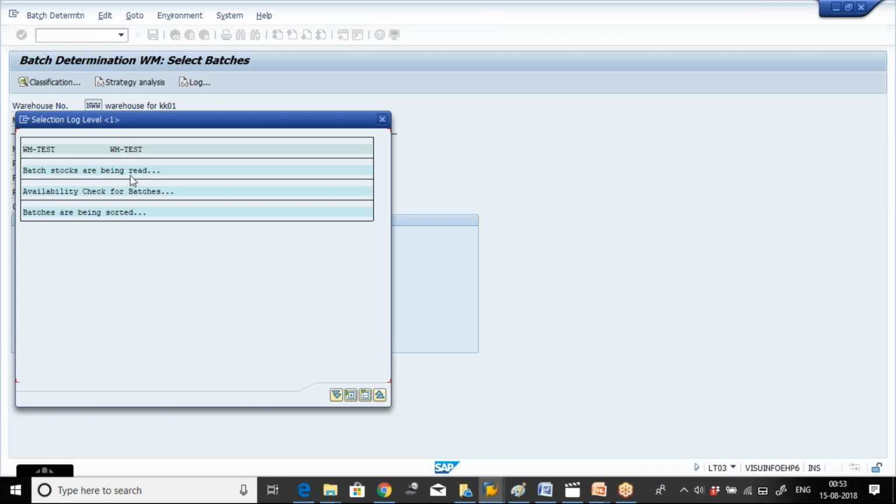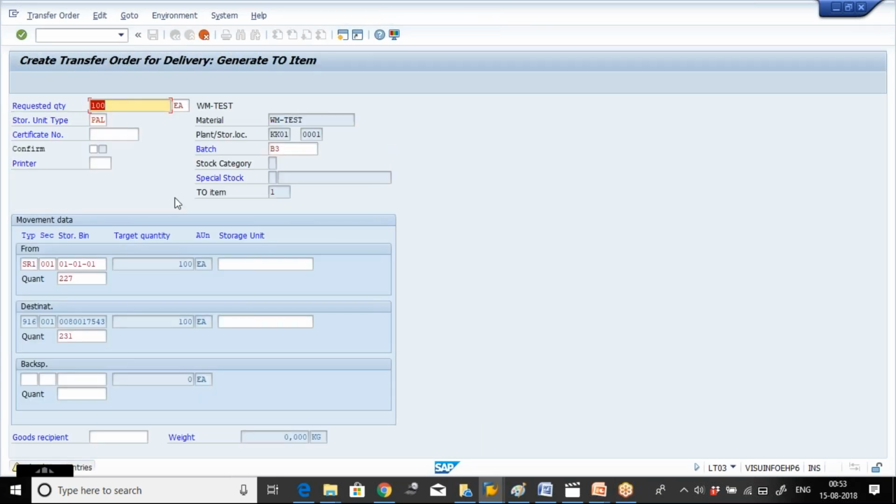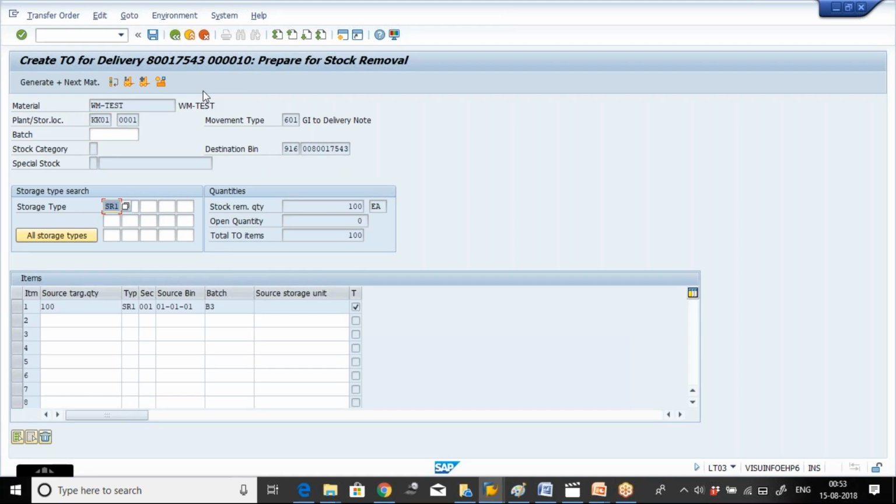Batch stocks are being read. Availability check for the batches is done, and the batches are sorted. And the system will propose the batch B1, B3 for the same. And we need to save the item. So when we see the material,